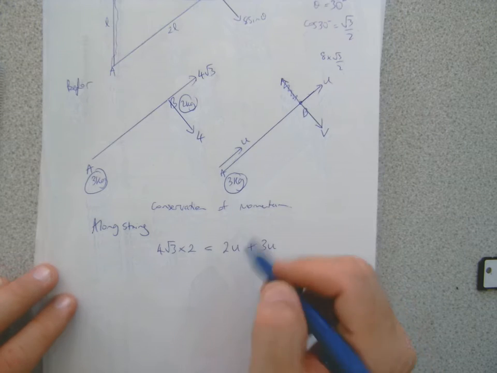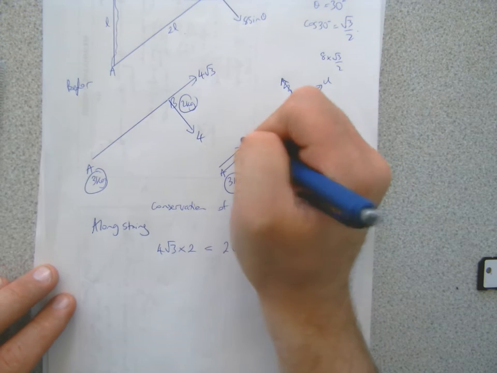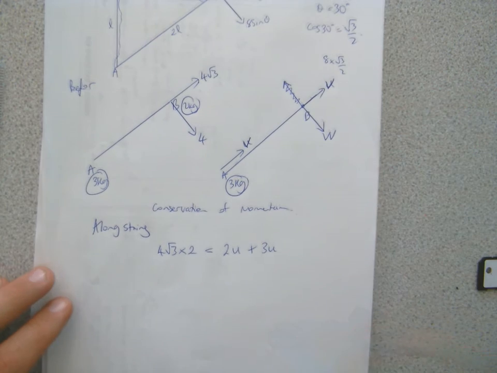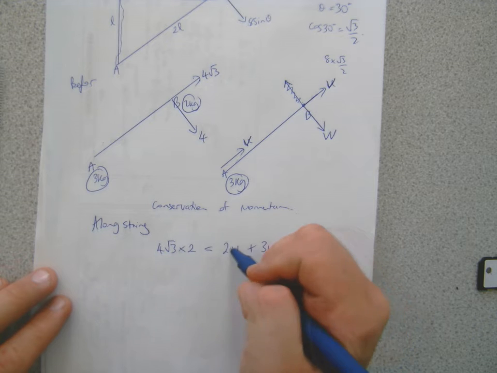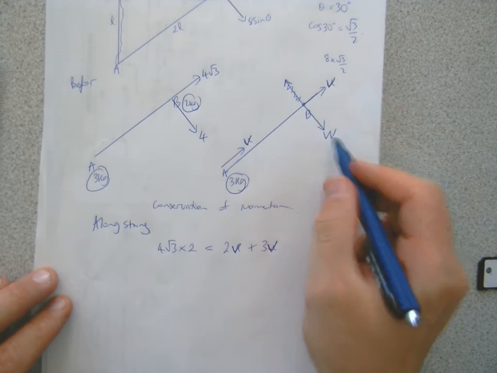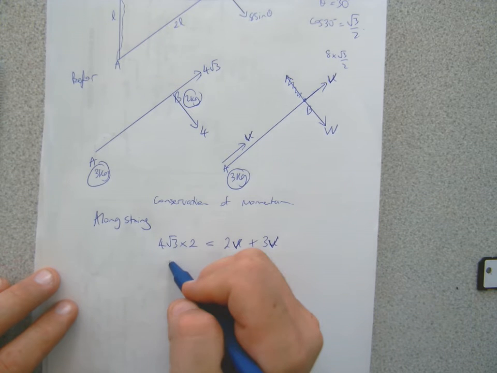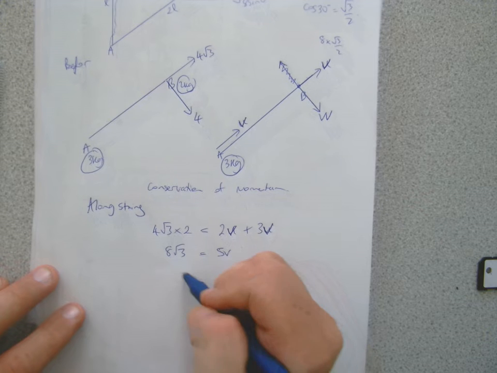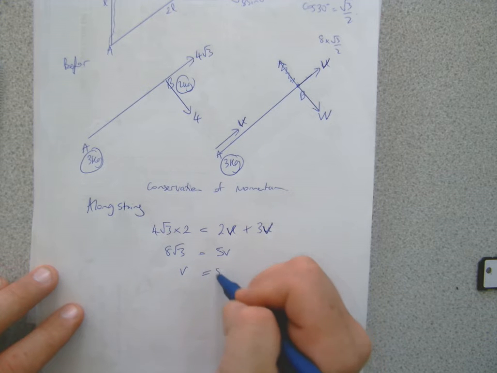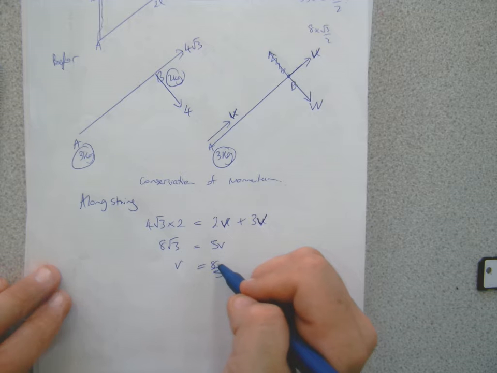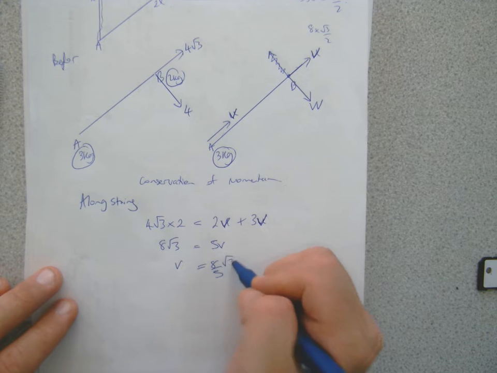You could have called it V. Maybe we'll call it V actually, because we've called it V in other questions. We'll call this W, so as not to confuse things. So V there, U, and W there. So that would be 8 root 3 equals 5V. So then V will equal 8 fifths root 3,